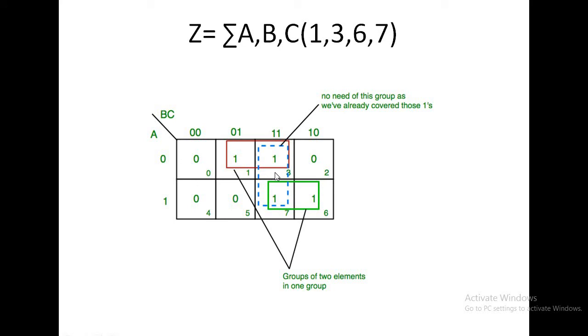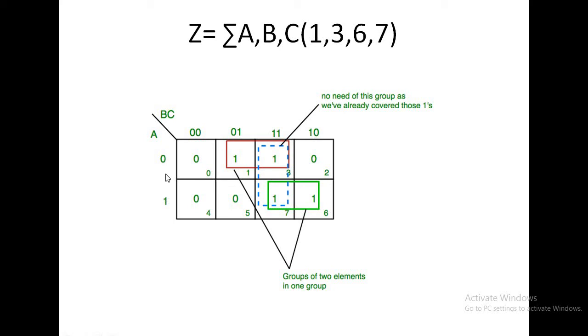So for solving a K-map, first I will see the number of variables. Here the number of variables is 3, so 8 cells are possible because 2 to the power 3 is 8. Then I can write the variable names. In the column I can write A, in the rows I can write BC. So this is A prime, this is A, this is B prime C prime, this is B prime C, this is BC, and this is BC prime. This is 00, 01, 11, 10. How? Now every column must differ by 1 bit position.